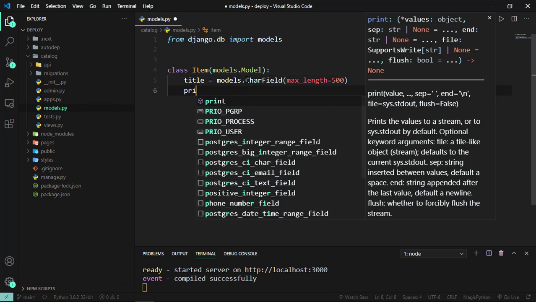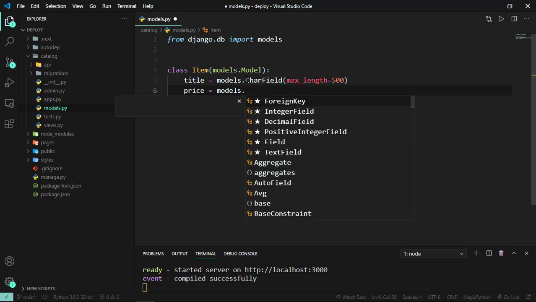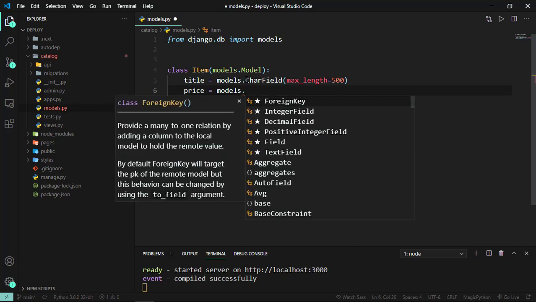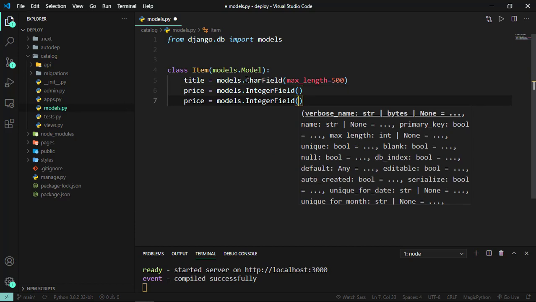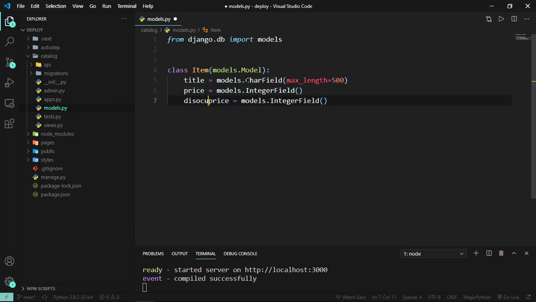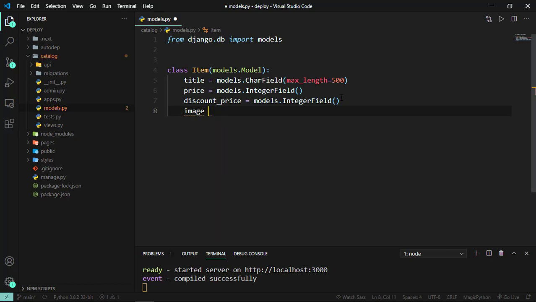And for the price, let's do an integer field, or you can just go ahead and do a float field and whatnot. We can also do the discount price. Oops, I had a typo, discount, like that. We can have the discount price. Then let's do the image